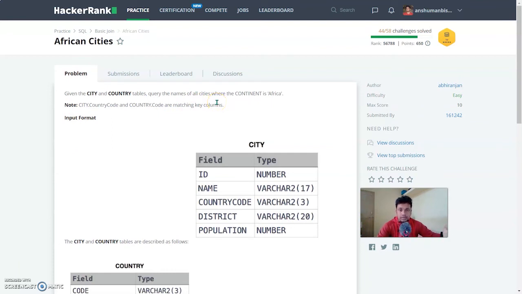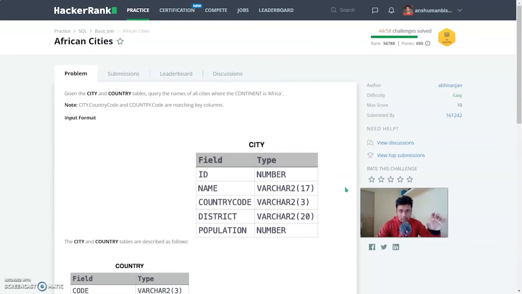Last problem we saw where the continent was Asia and we had the sum of the populations in those Asian continents. Okay, so in this MySQL statement, I just wanted to show you a new thing, and this is called aliasing or alias in MySQL, where you don't have to put the complete table name. Like in the last video, if you just go back to that part and see, we wrote the complete table name like country or continent, but in aliasing you can just give a short form to the table and then you can access that short form using the dot operator.